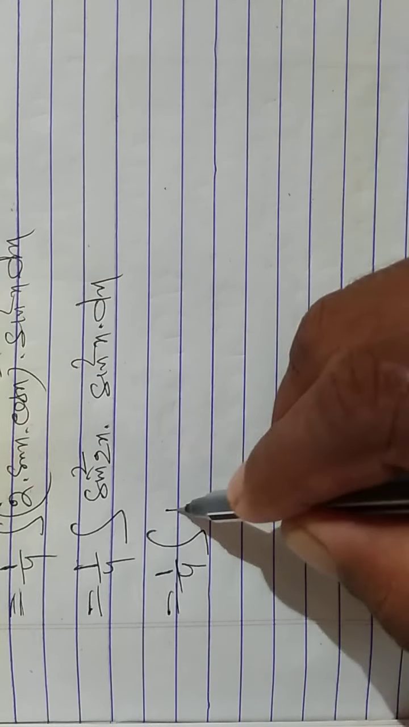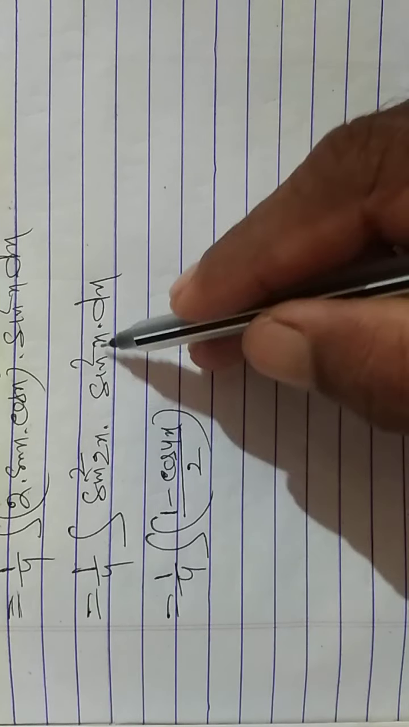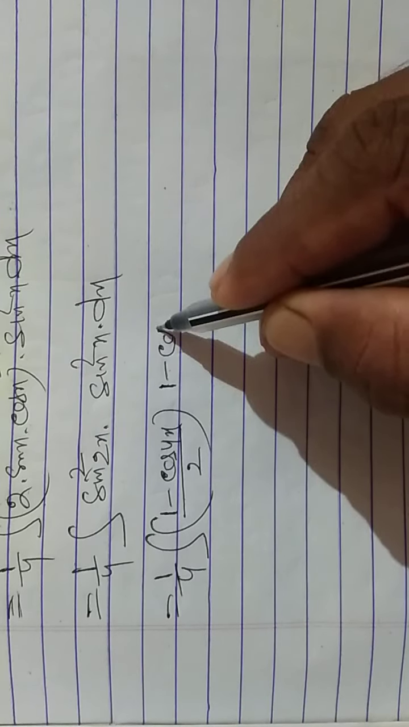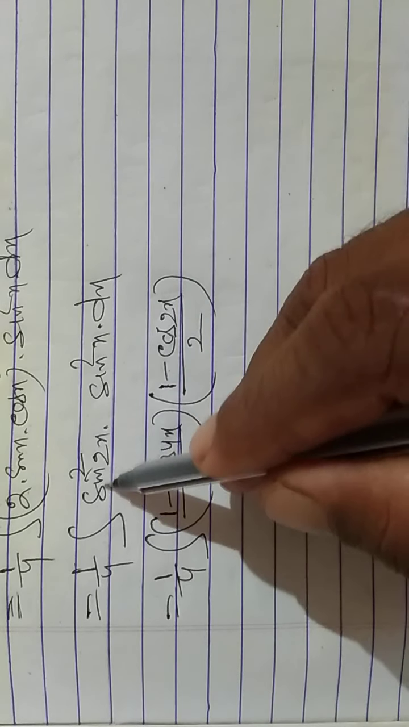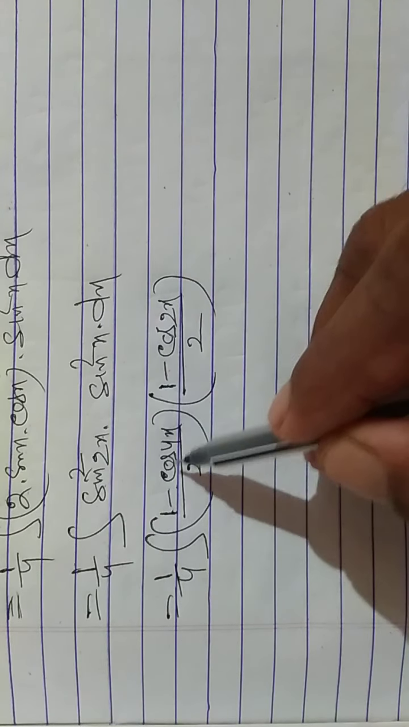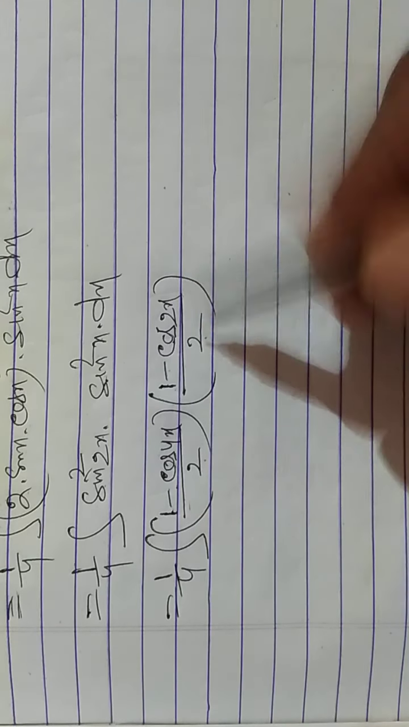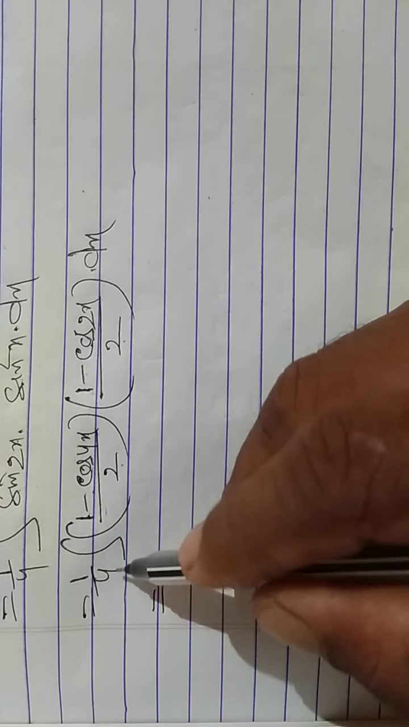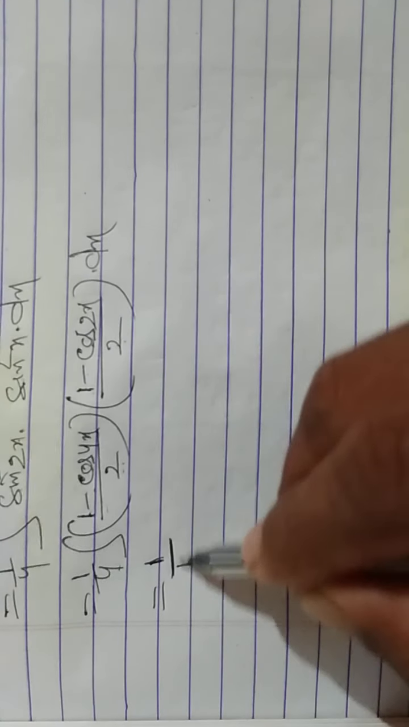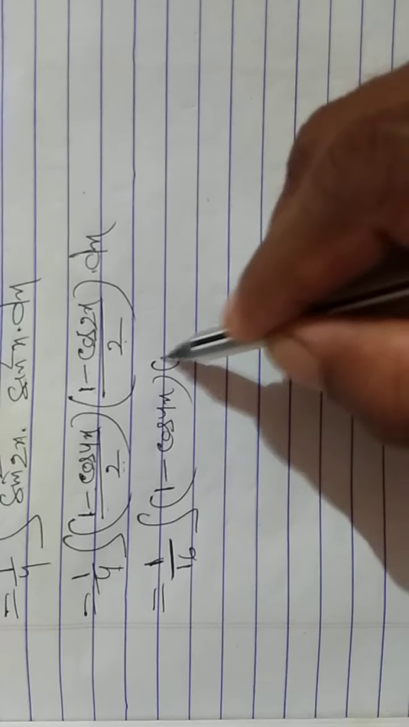is equal to (1 minus cos 4x) by 2, into sin²x, which is equal to (1 minus cos 2x) by 2. That is, sin²2x is equal to (1 minus cos 4x) total divided by 2, and sin²x is equal to (1 minus cos 2x) by 2, into dx. This is equal to 1 by, that is 4 into 2 into 2, that is 1/16 integration of (1 minus cos 4x)